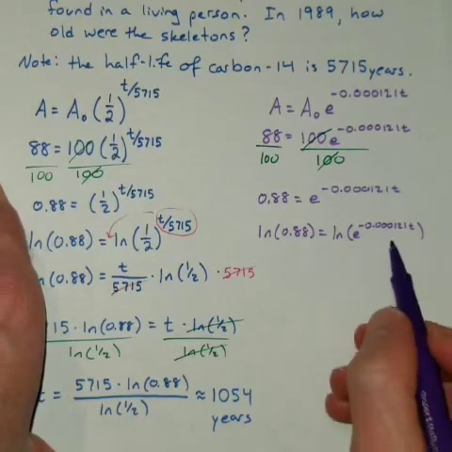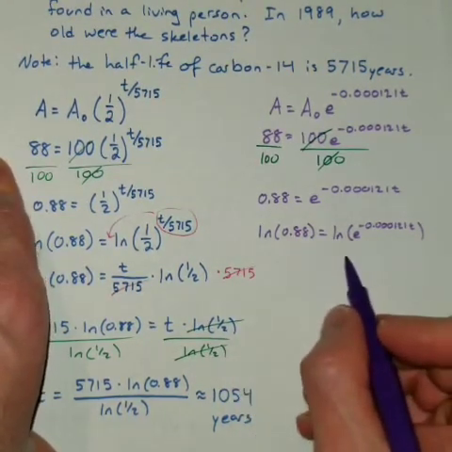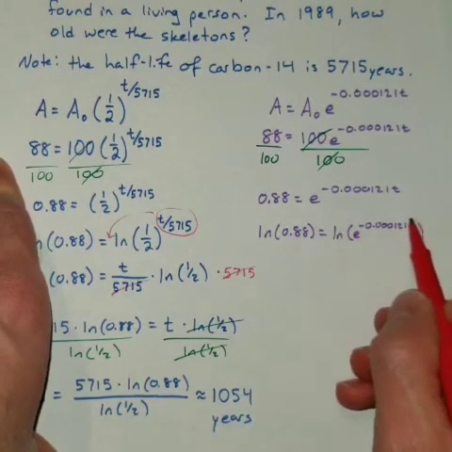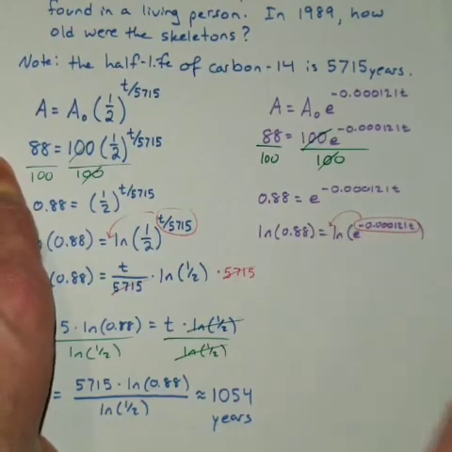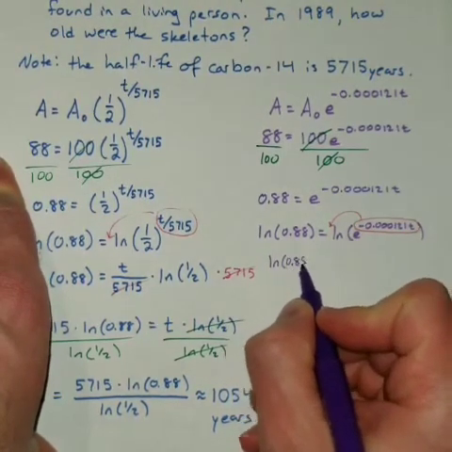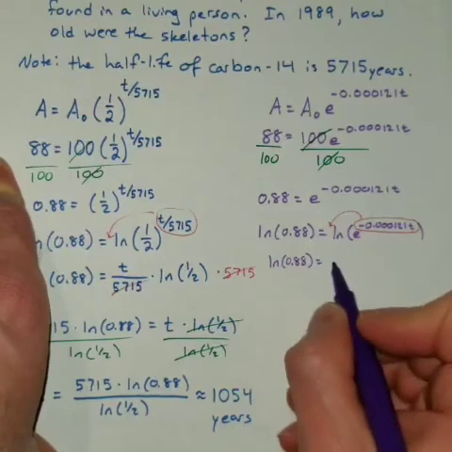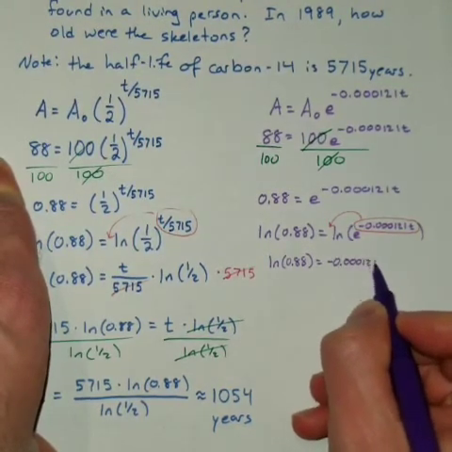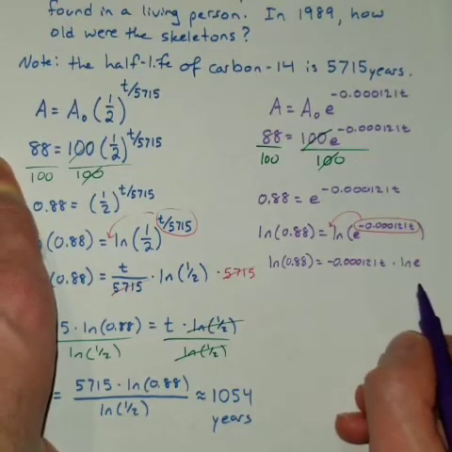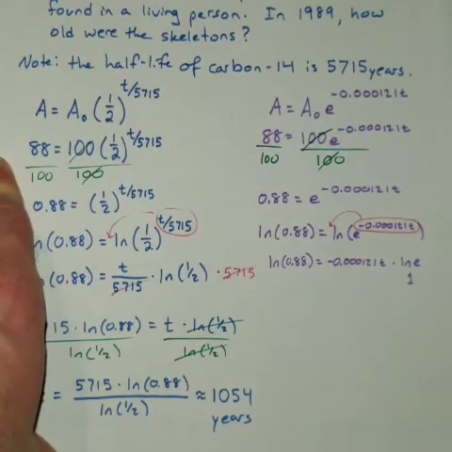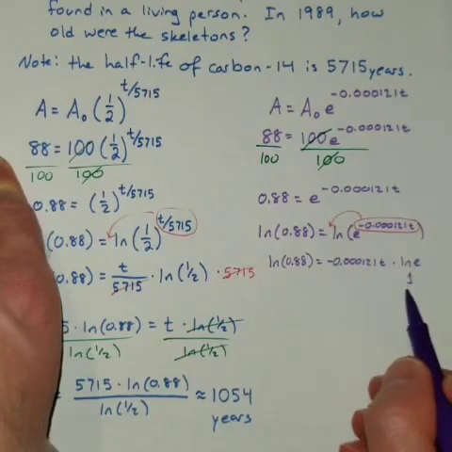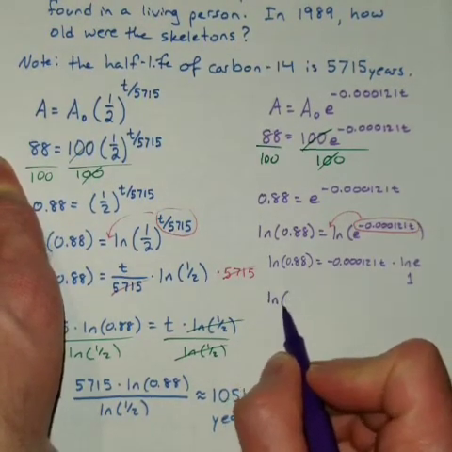It's almost too small to see, isn't it? I can't help it, I'm running out of room. And then we're going to take the logarithm property that takes our power and moves it out front. So this becomes the natural log of 0.88 equals all that stuff times the natural log of e. Well, the natural log of e, if you don't remember, is actually equal to 1, because the base and the argument are the same. And so what I really have is just the natural log of 0.88